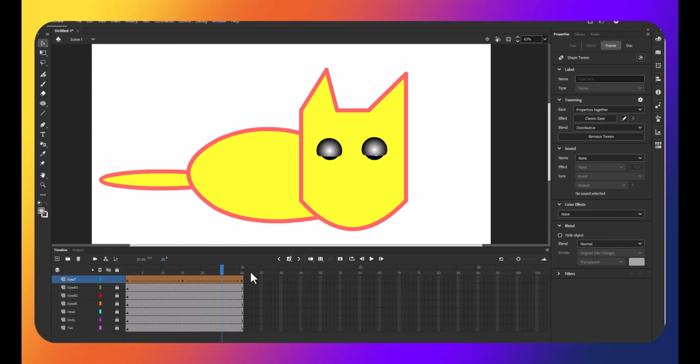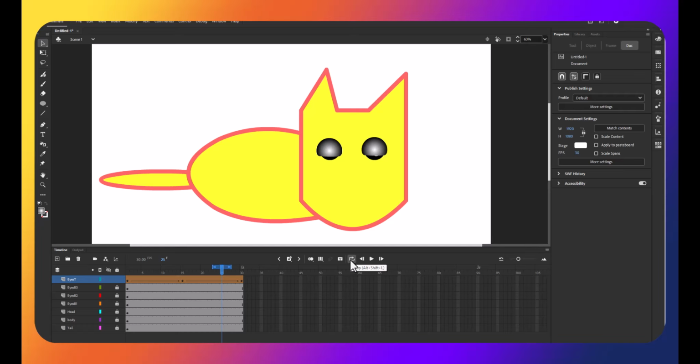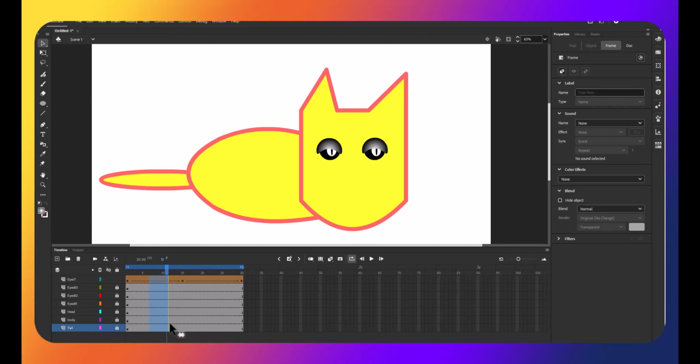Okay. Now if I loop this, if I click on the loop, let's increase the loop there to cover the full animation and press play. Okay, so the cat will basically open and close the eyes. So if I want to slow down the process, I can click here anywhere in between the two keyframes. It doesn't matter how many frames you highlight. And if I press F5 a couple times, and then do the same here, F5 a couple times,